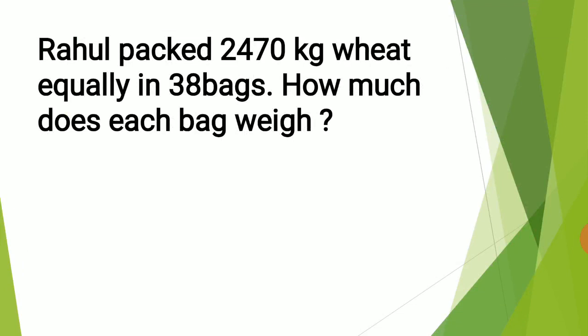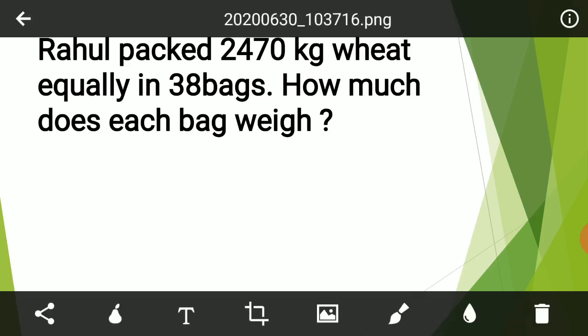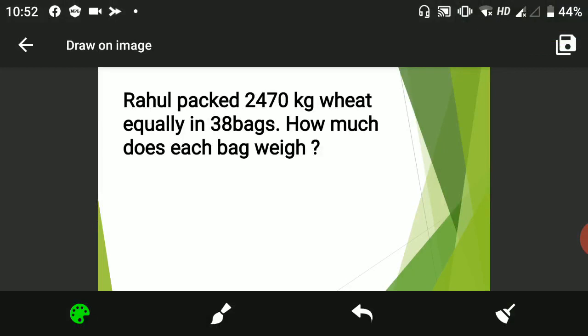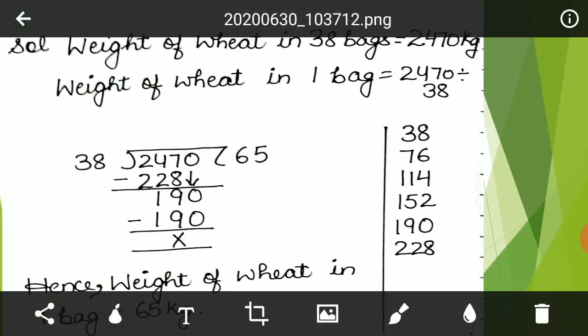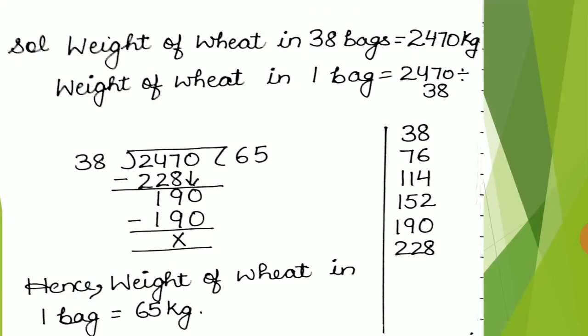Rahul packed 2470 kg wheat equally in 38 bags. How much does each bag weigh? Again we get the statement from the question. We are talking about weight. So the statement will start from weight. Weight of wheat in 38 bags. Weight of wheat in 1 bag. Clear? See. Weight of wheat in 38 bags equals 2470 kg. Weight of wheat in 1 bag is equal to